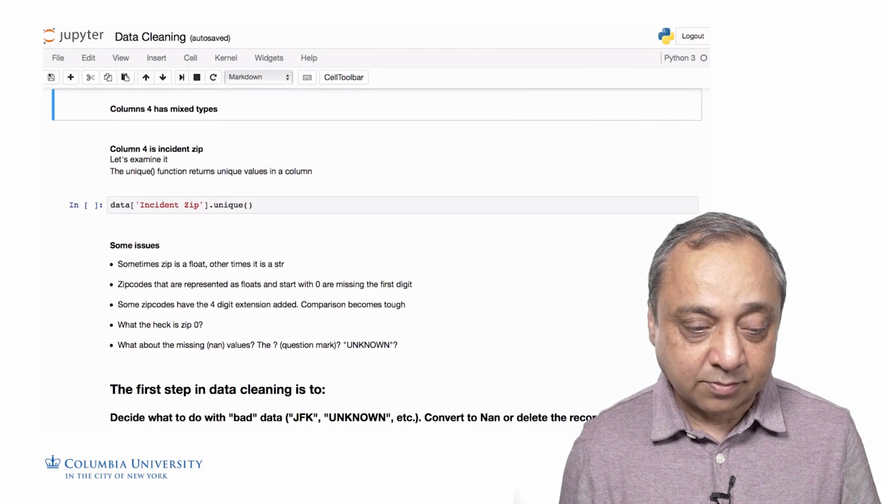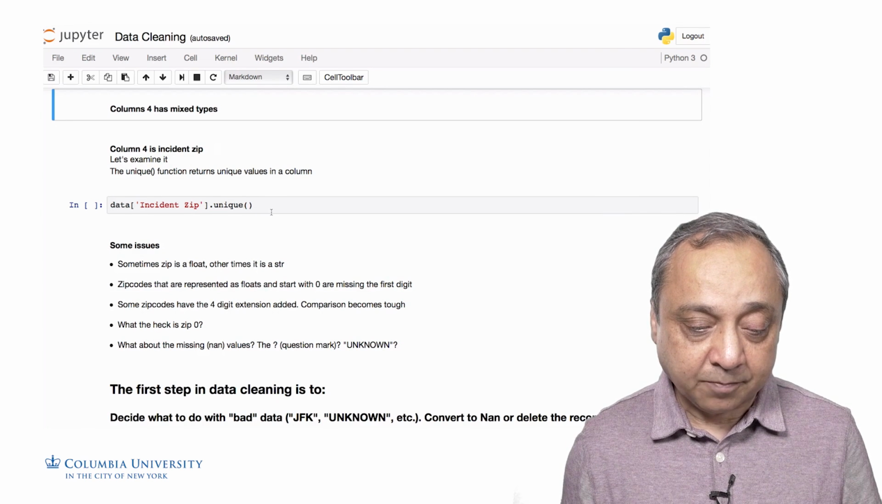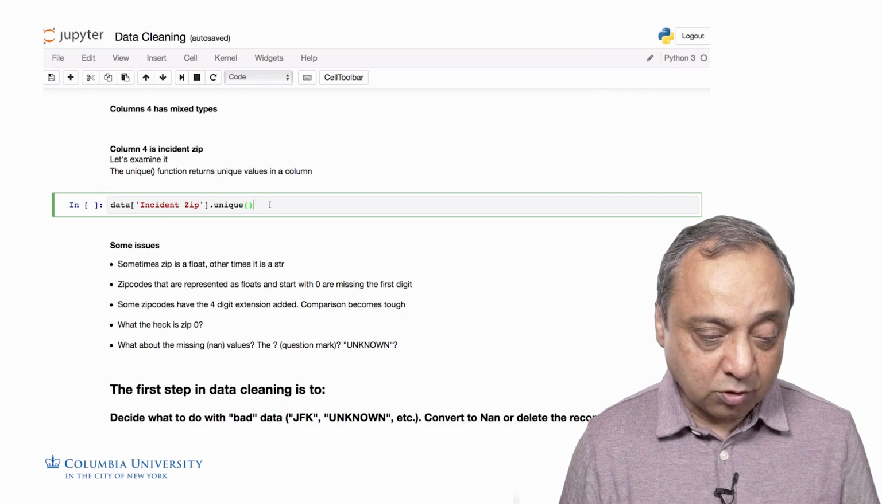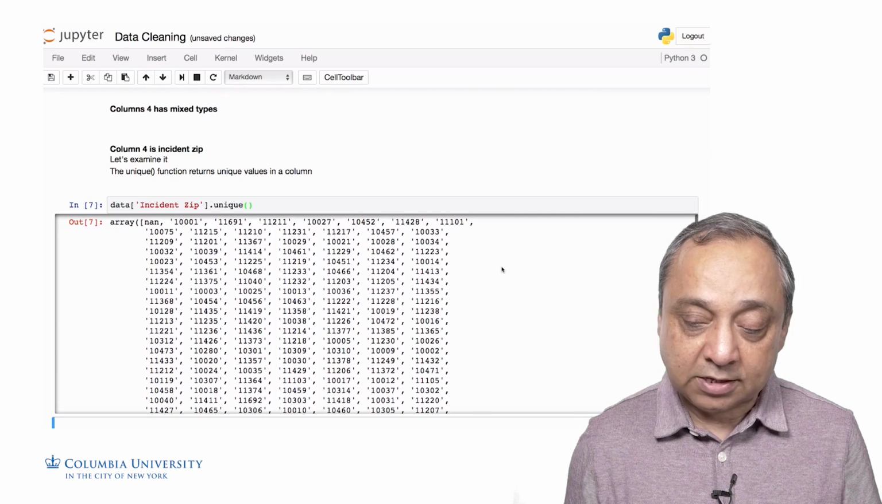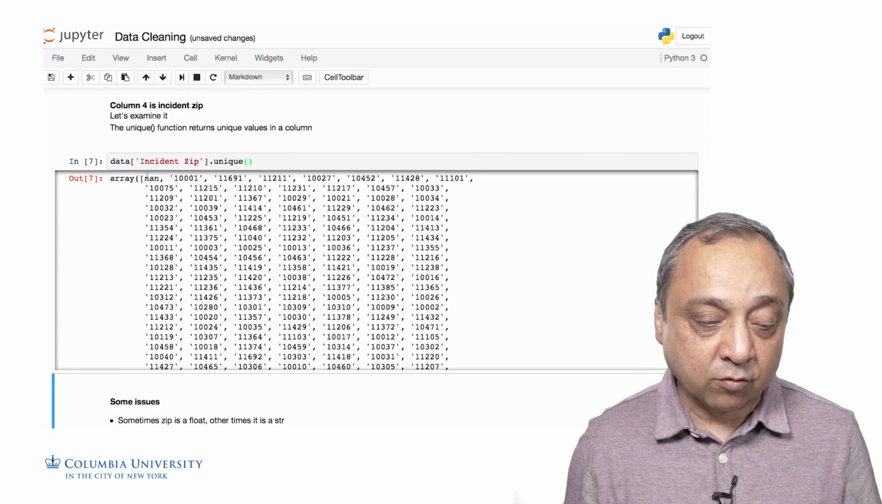What's going on with the mixed types in incident zip? Column 4 is incident zip. That's the one with mixed types. And the best way to do that is to use this function called unique. What unique does is it pulls out unique values in a column. So we get this unique stuff here, and we look at it, and we find that there's a nan over here,